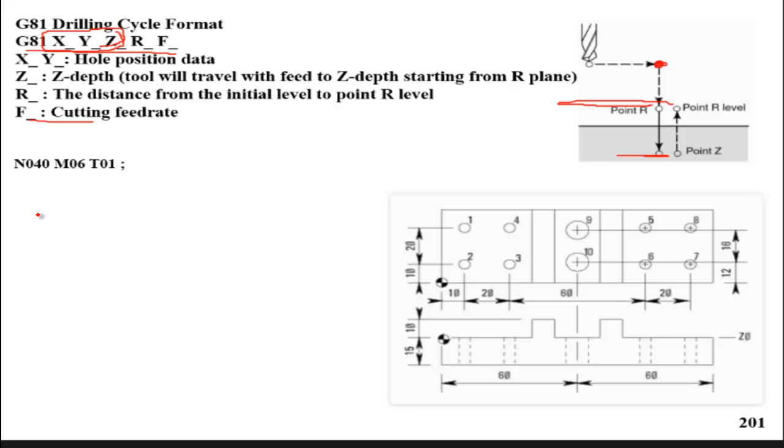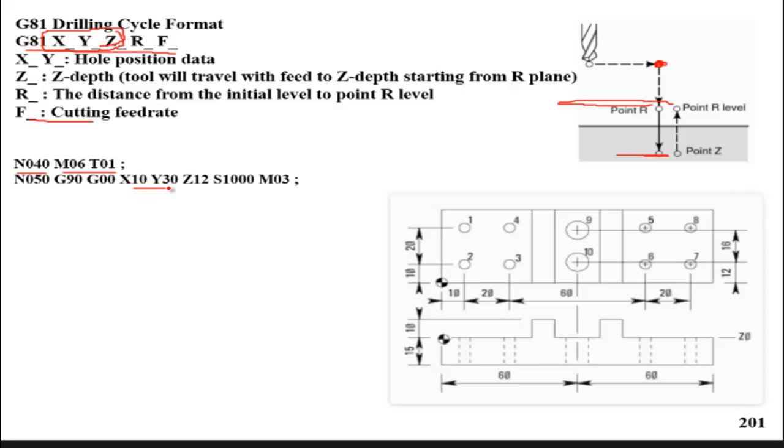First of all, we start as usual with the block number and selecting our tool, tool change, and spindle start. Then we use the absolute coordinate system, G00 rapid movement,